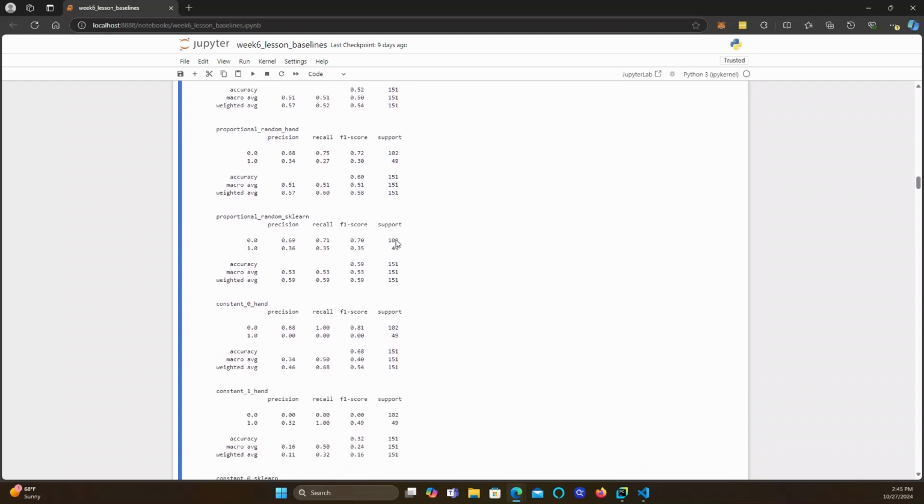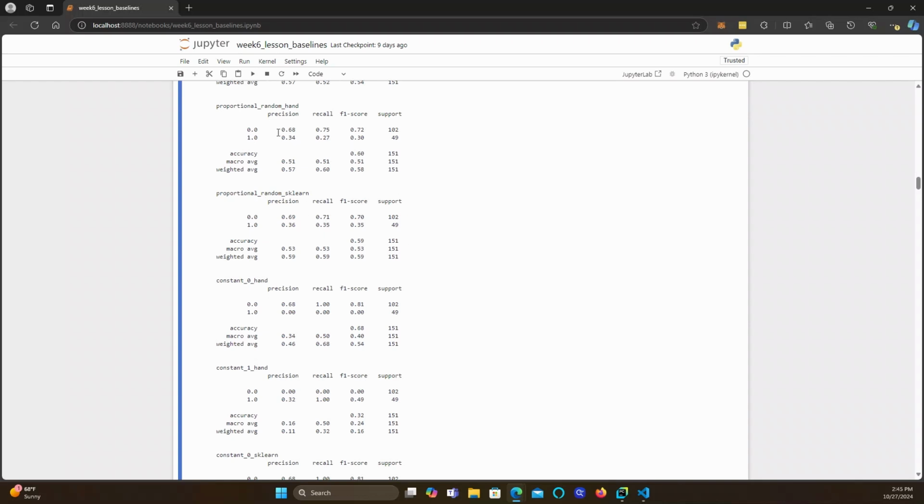And then the proportional random baselines: 60% accuracy by hand, 75% and 27% recall. So the recall is not actually very good. Down here, the recall looks a little better to me, the proportional random one from scikit-learn, even though the accuracy has gone down. The recall for zeros is 71, not that big a difference. The recall for ones has gone up to 35, which is definitely much better,